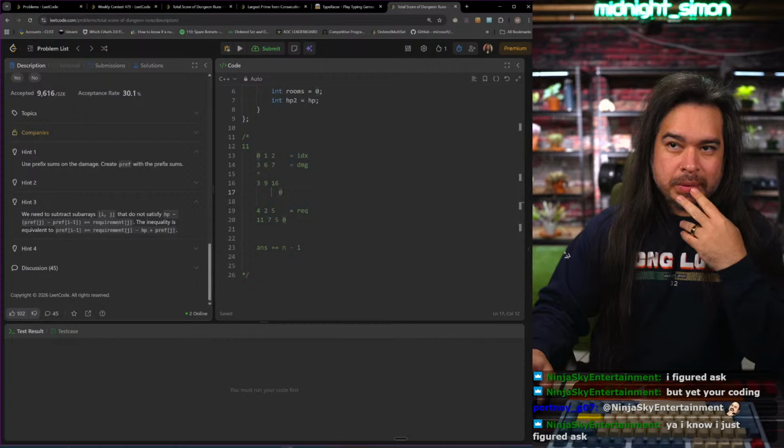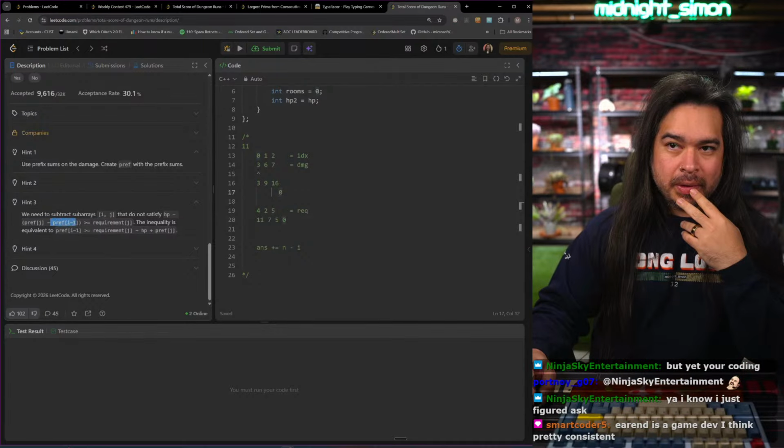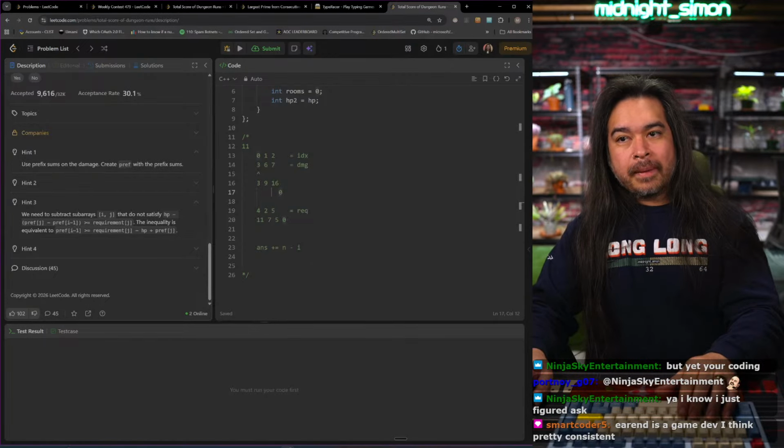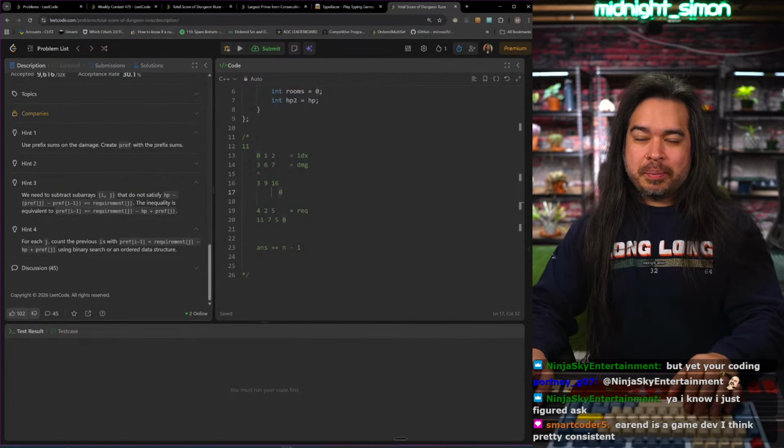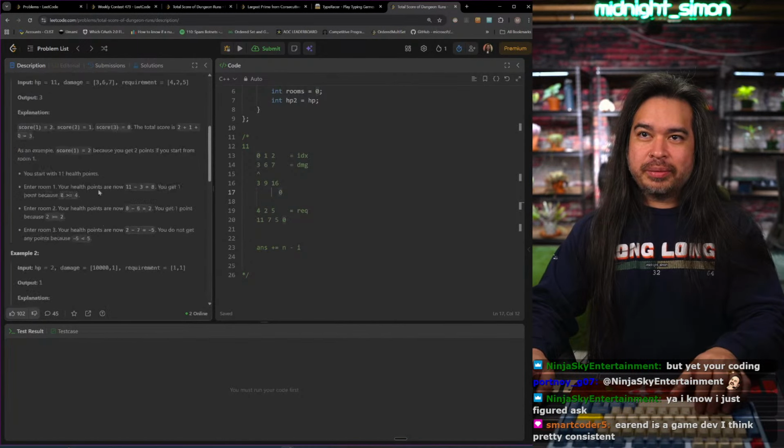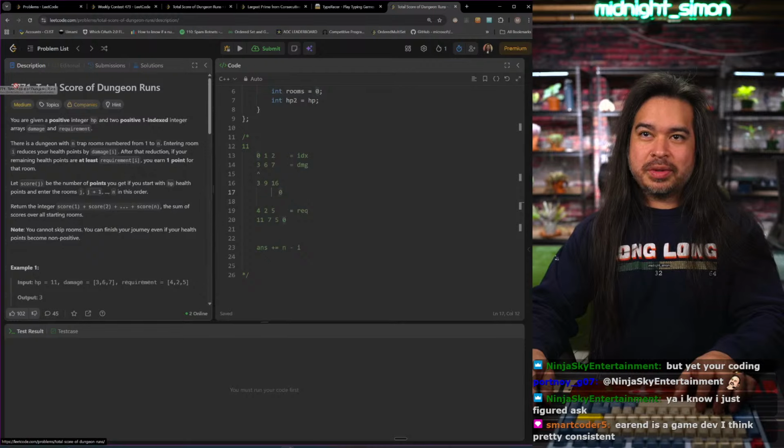We need to subtract subarrays ij that do not satisfy. Yeah, this problem is a little bit too hard for me, for sure. Let me see what the zero track